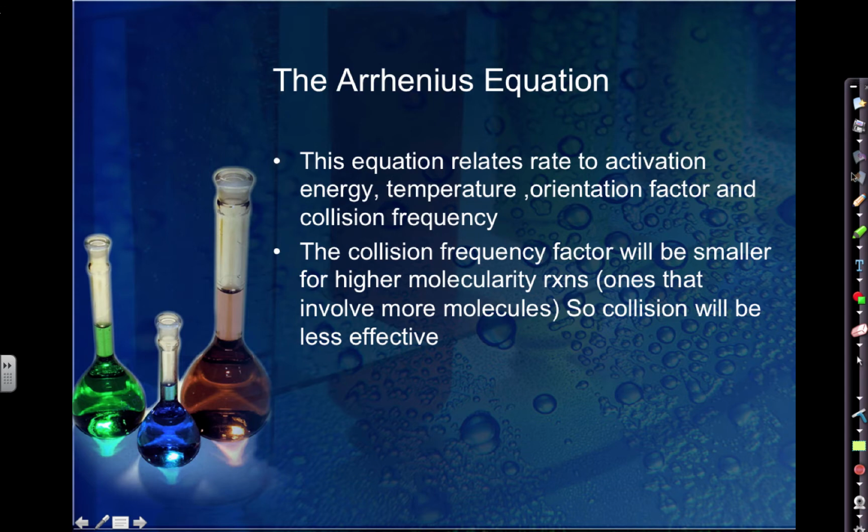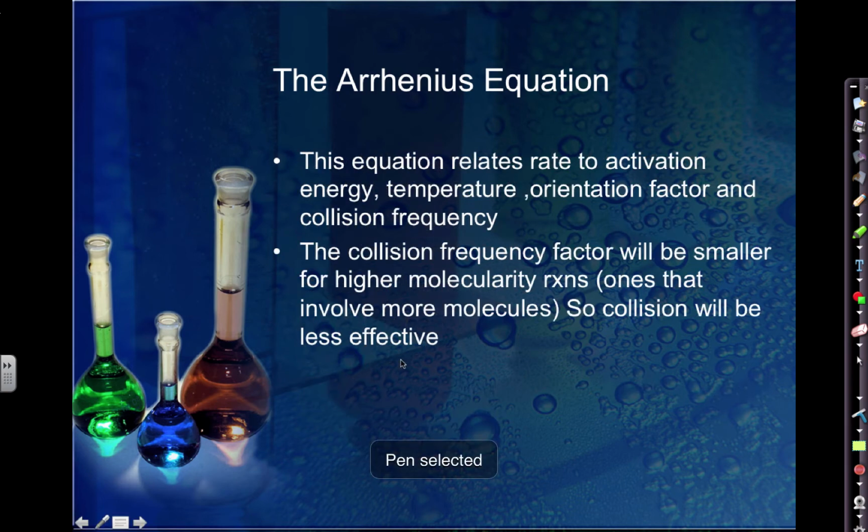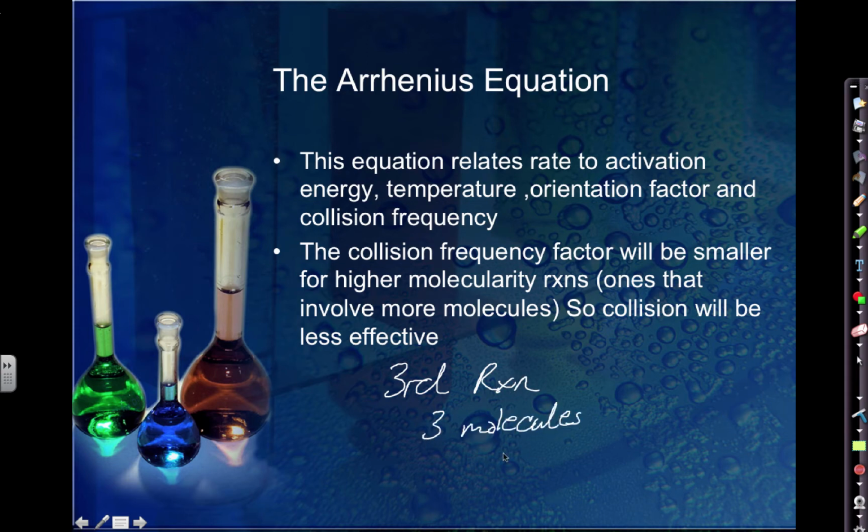So basically, if you have like a third order reaction, you need 3 molecules to collide. You have to have 3 molecules collide. They have to be in the correct orientation, and they have to have the minimum amount of energy to get a successful collision. So with a third order reaction, it's going to have collisions that are less effective because you